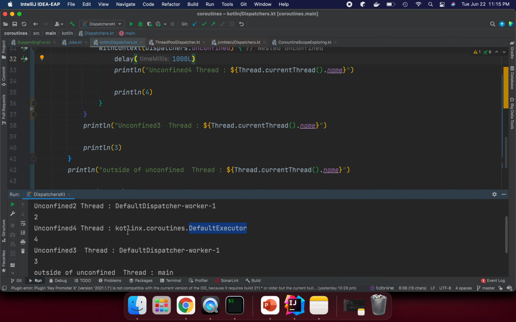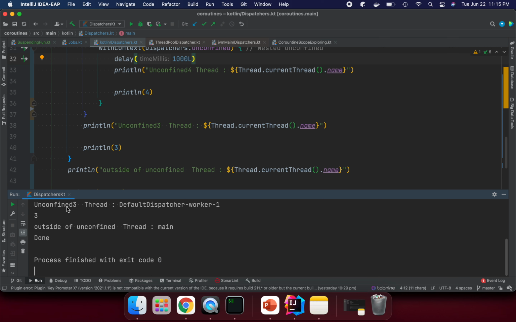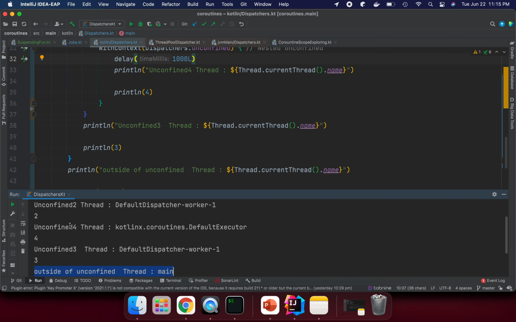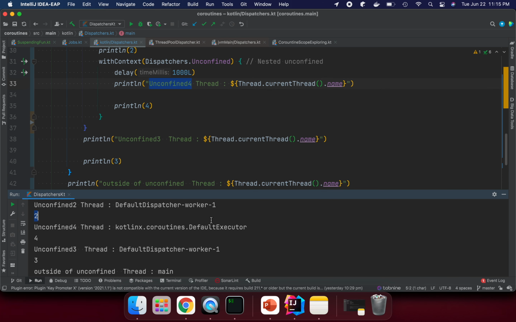So we can see unconfined 2 is printed, and outside is also main, basically main is the outside one, and after 3, unconfined 4 is running on the default executor.